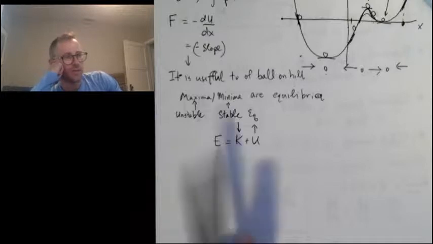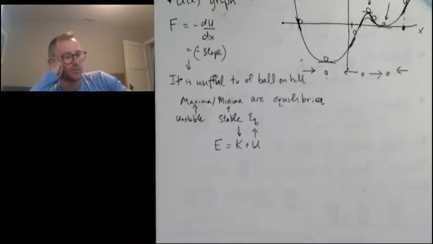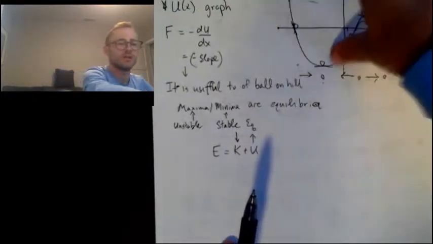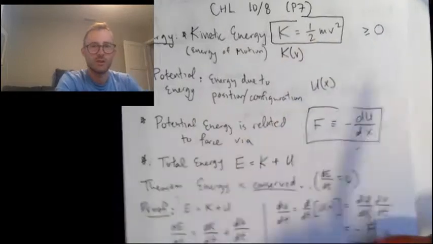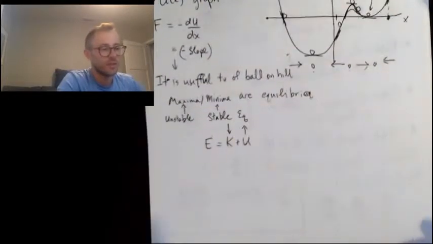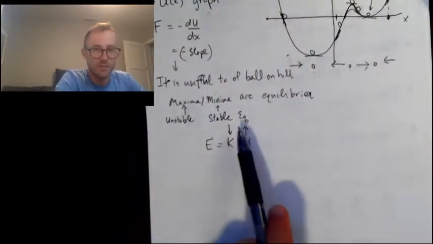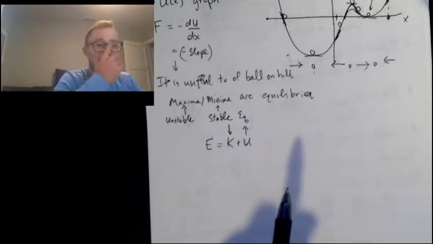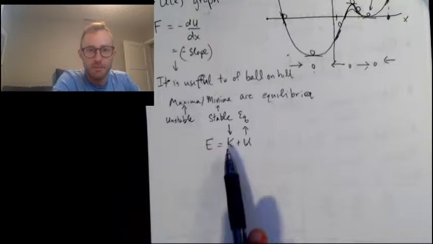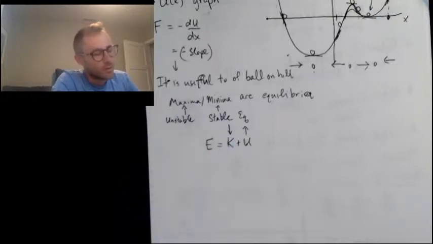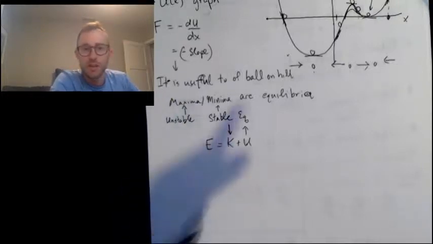But here's the thing. As we discussed on the previous page, because kinetic energy has a square in it, it's always greater than or equal to 0. So the potential energy can only go so far before the kinetic energy drops to 0. All right? So for example, and actually you can never have,